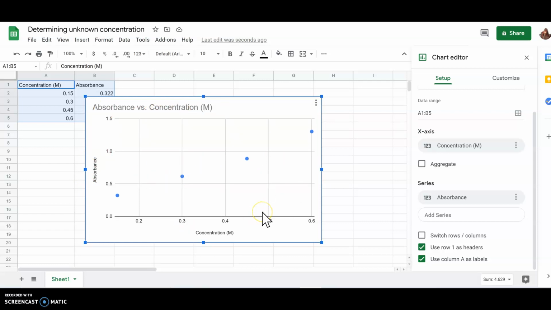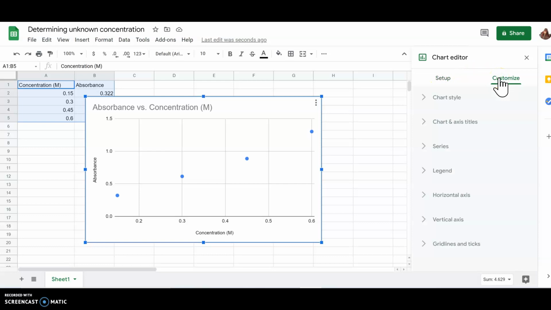So you already have a nice graph. We're just going to add a few things to this graph. So notice how quickly we can do this. So on the right side, you see this chart editor. And we are now going to go to Customize. And we're going to customize and then